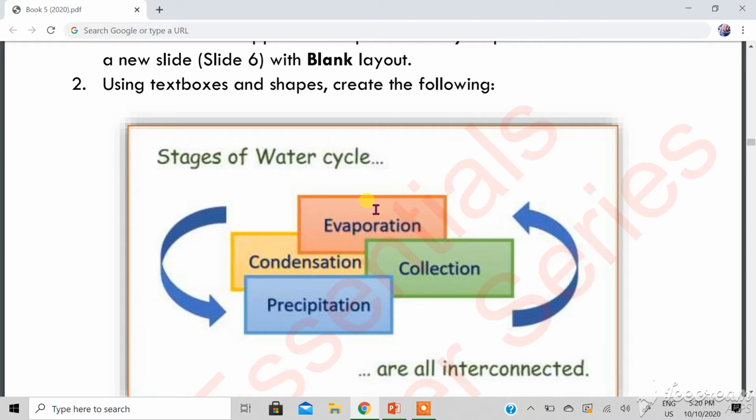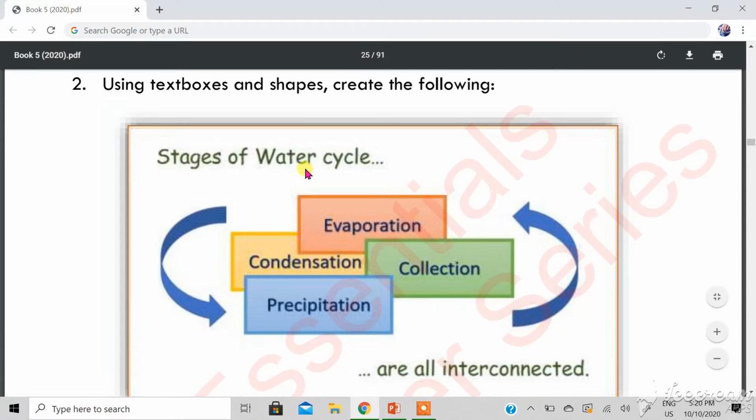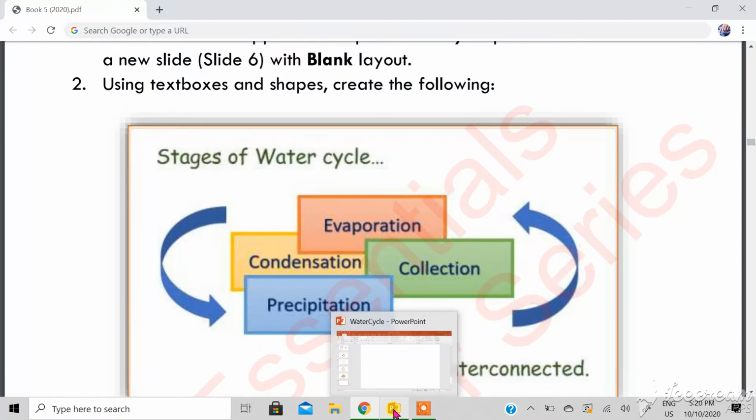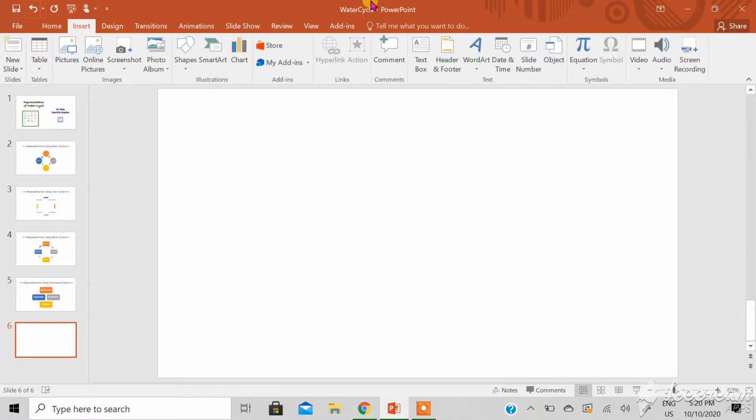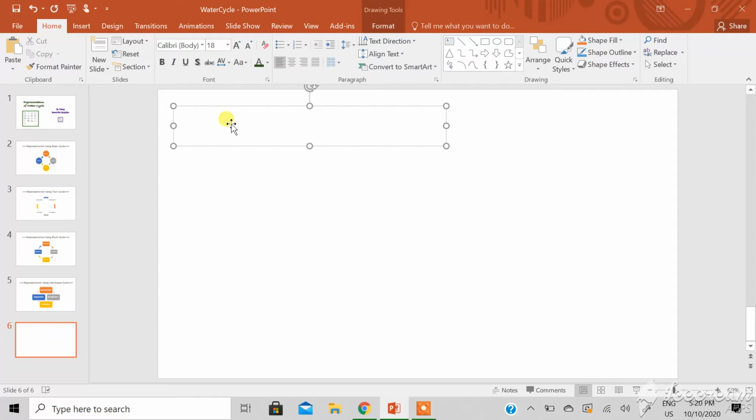following. Now you have to create it by yourself. You are not going to take the ready-made chart. So the first step is, for the stages of water cycle we need to insert a text box. So insert a text box, and here we can write stages of water cycle, and select it,